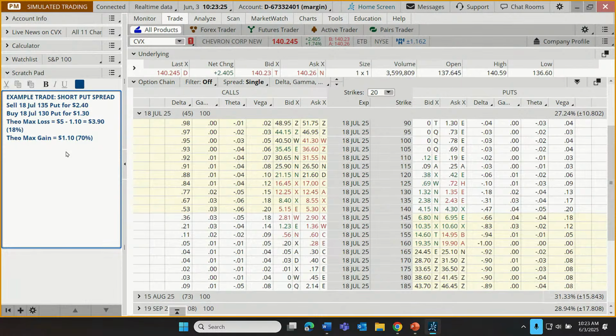I know it can feel nice if we can at least make $1, maybe $2 for every dollar of risk. But those high reward scenarios in options trading are typically associated with low probabilities. This is just the opposite. This is a lower reward scenario with a high probability of success. So that's going to be our example trade today, that 135, 130.